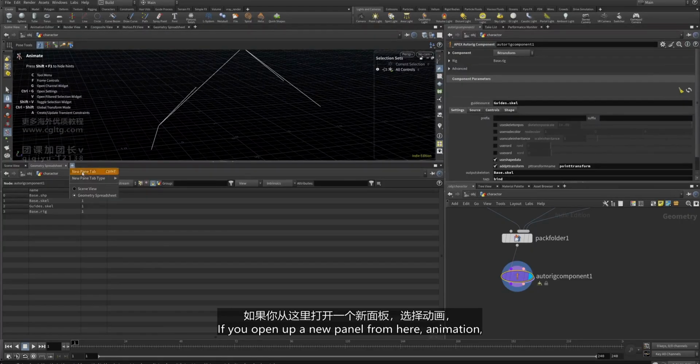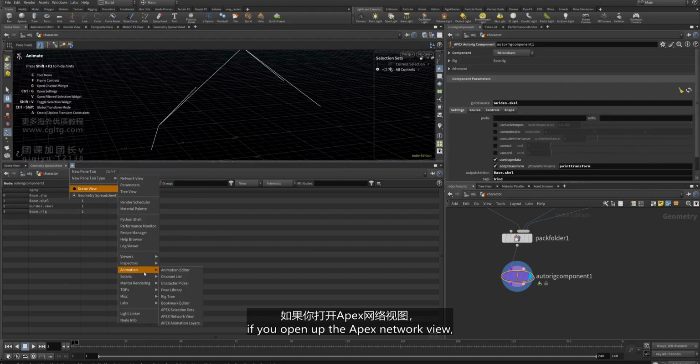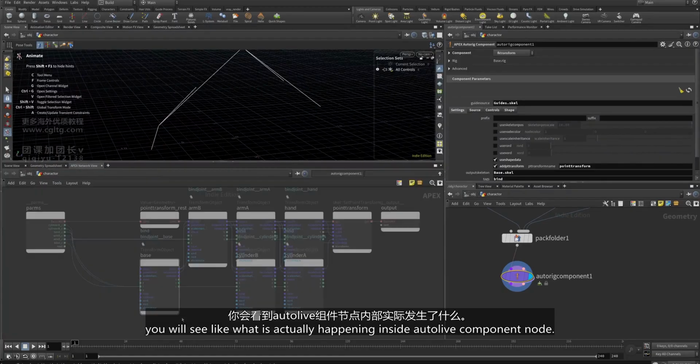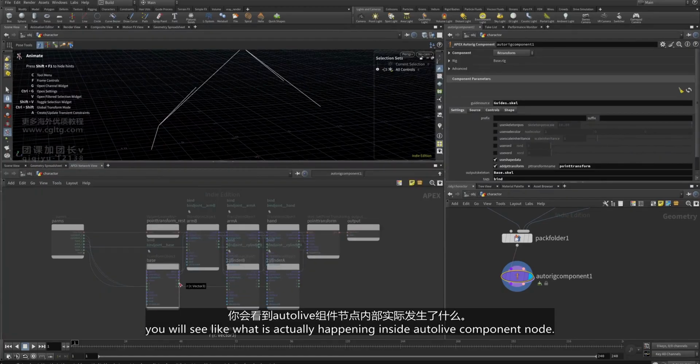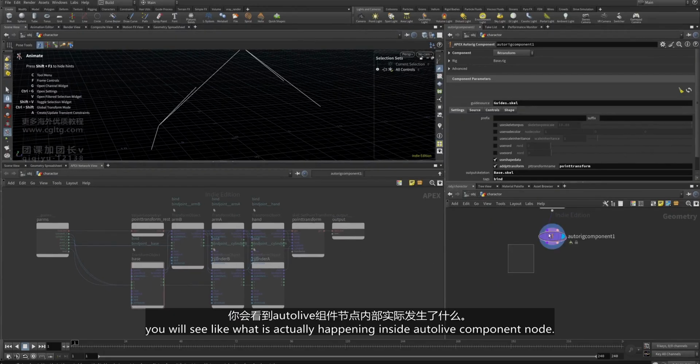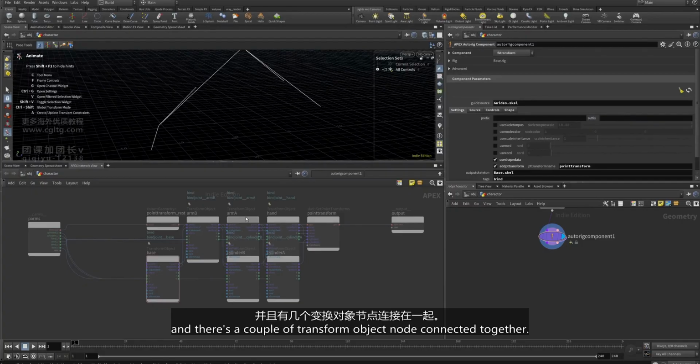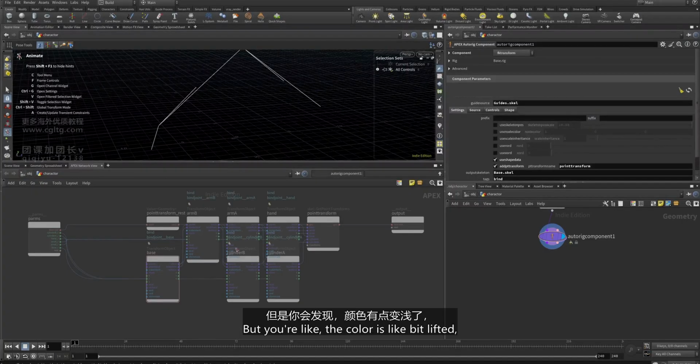If you open up a new panel from here, animation, and open up the Apex network view, you will see what is actually happening inside the authority component node. Here there is an input and an output, and a couple of transform object nodes connected together. But the color is a bit lifted, which means everything's locked. So let's unlock them and have a look